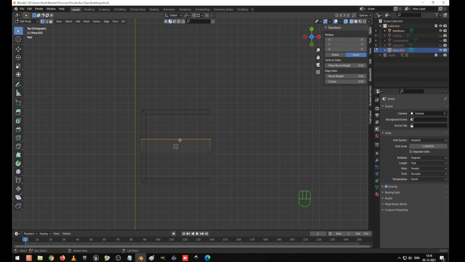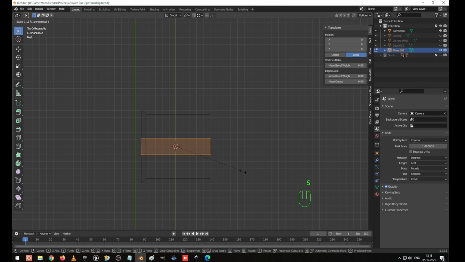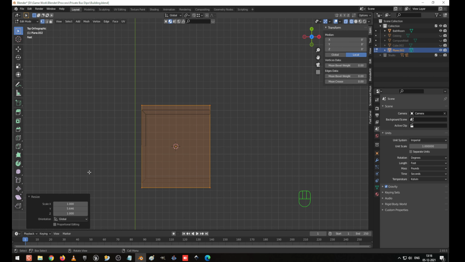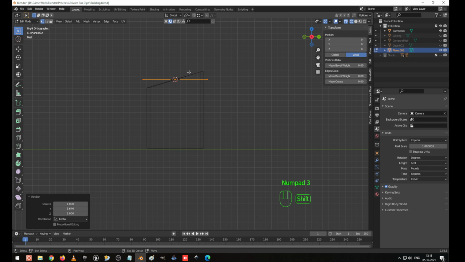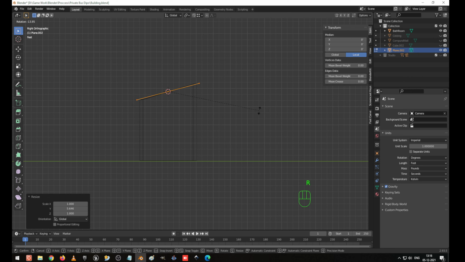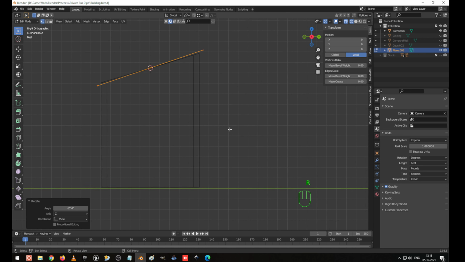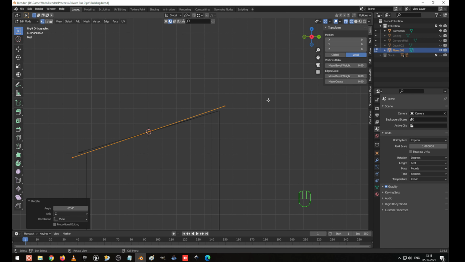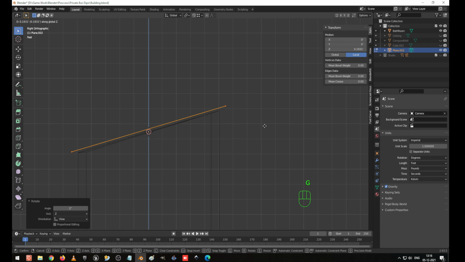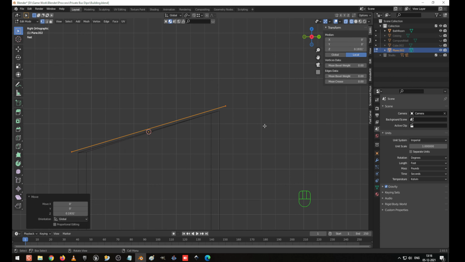I select both, everything, scale it in the Y axis, so I scale it like this, top bottom. So okay, I'm going to give like this, go to the front view, side view, and I'm going to rotate this one like this, and I zoom it, rotate it as per our requirement, so this is correct, and G Z to move it a little bit up, and I move like this a little bit down also.